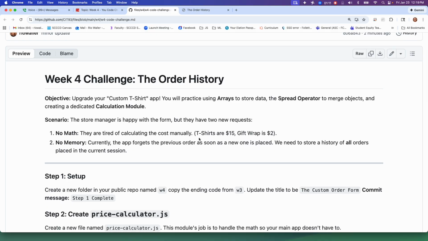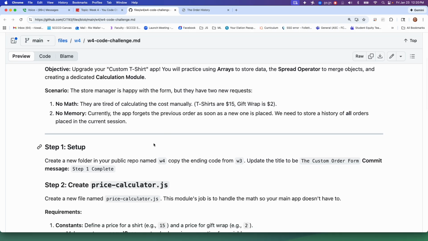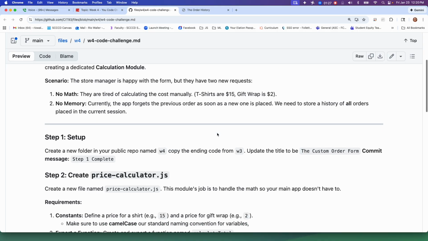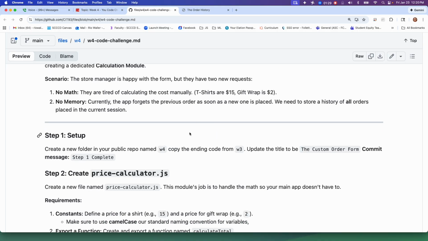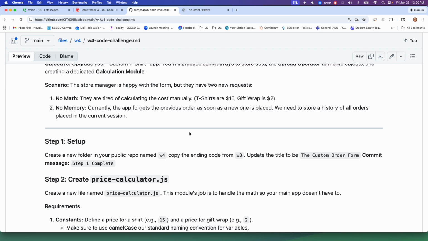All right, so we're going to upgrade that to have no math. We don't want the people taking the orders to have to do that, and memory, right? So we're going to add two new requests. They don't want to do math and they don't want to have to remember things. So we want to be able to keep those orders in there. And that's where we get to